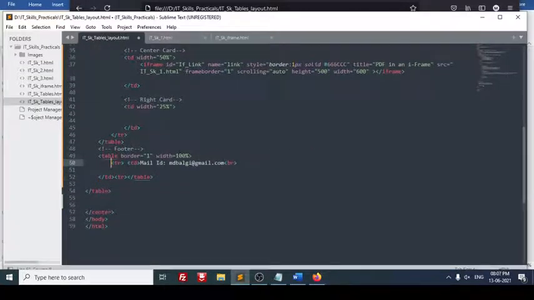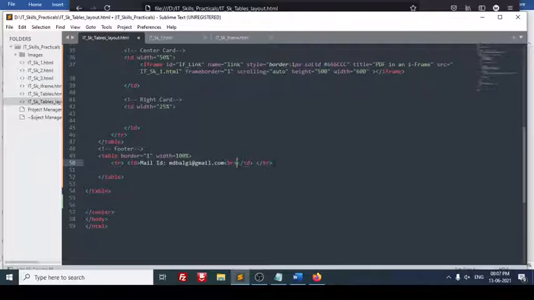Here my table row comes, table data. Okay, this is the row. One more content. Okay, I will take it here. This row should be closed here. It's not closed. It should be closed here. The table row should be closed.